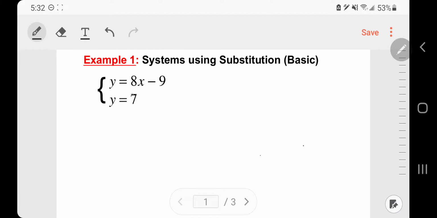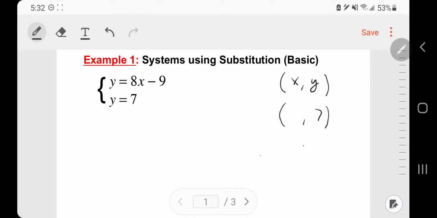So we actually have that here. We have y equals 7. We also have y equals 8x minus 9. So here we actually have both of our variables already isolated by themselves. We have our y by itself. Okay, now when you're solving any system of equations, you need both an x and a y when you're finished. In this specific one here, we already have one of our variables. We're given y equals 7, so we're halfway there actually, and we need to just figure out what the x